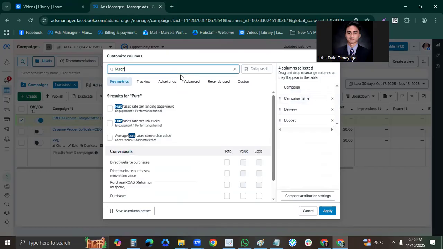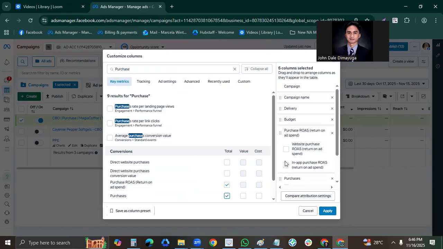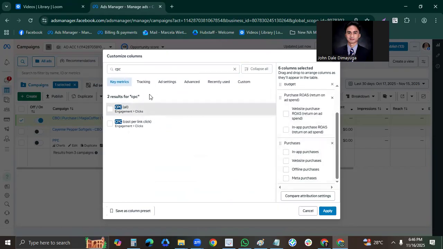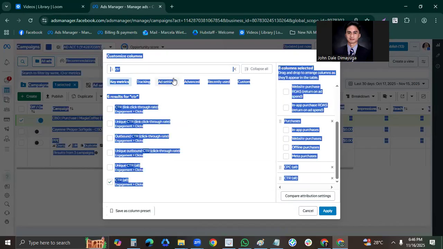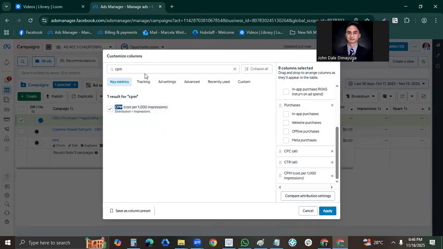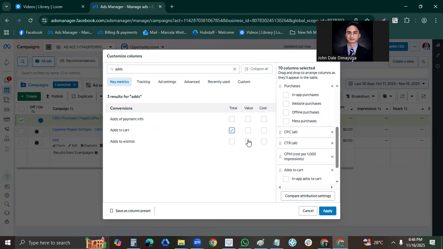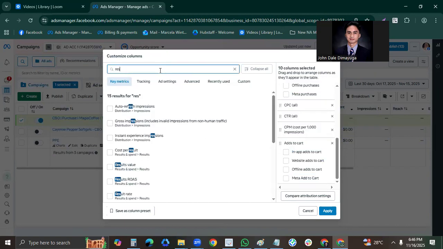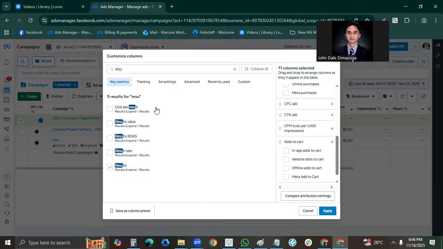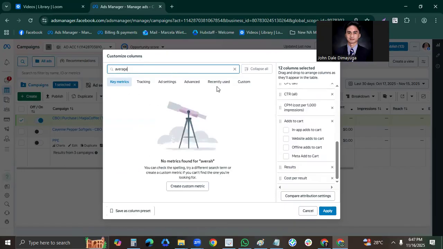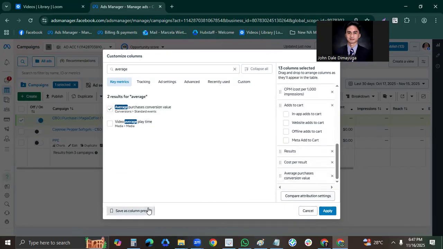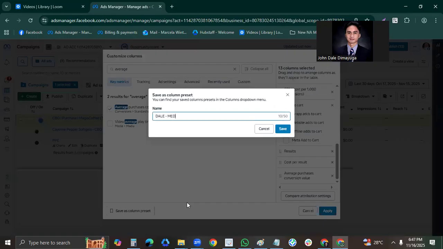Then the purchase ROAS. Then the CPC, CTR, CTR all, CPC all, CPM, adds to cart, result, cost per result, and average purchase value. Then let's name this column Dale Media Buyer.